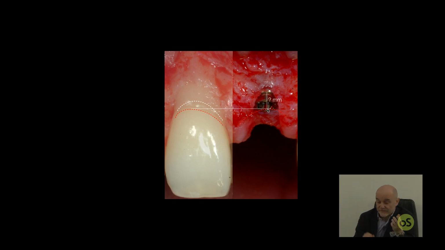We also have to consider, when we decide how many millimeters is the right position of the implant head with respect to the soft tissue margin of the implant-supported crown, where is the bone? Because we want the head of the implant and the platform to be completely covered by bone. And if you also look at the position of the bone of the adjacent natural tooth, you can see that the